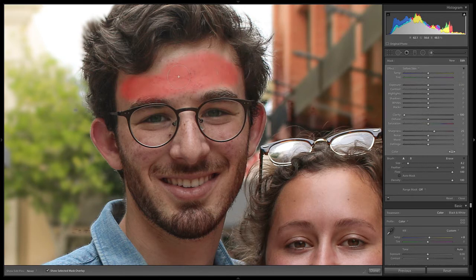So I'm just trying to paint over all of his skin where you can see, especially acne. It's a little bit harder because he does have glasses, so I don't really want to paint over the glasses. That might be a case where, when I go over there, I might turn Auto Mask on, or I might be a little risky and just not. So we're going down there, here, there. That's pretty good for now.